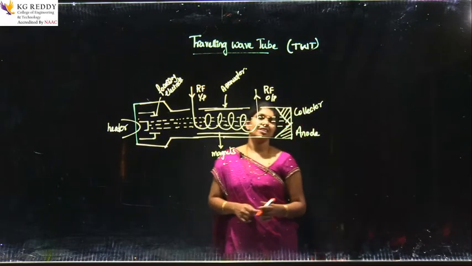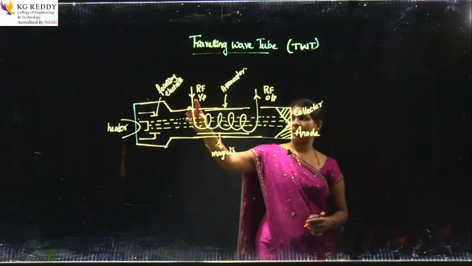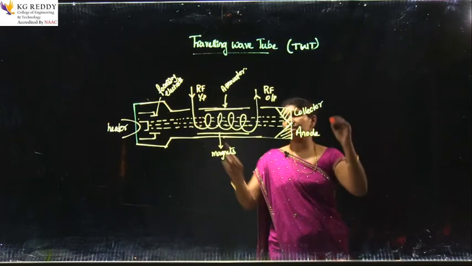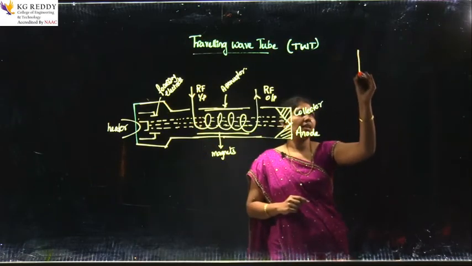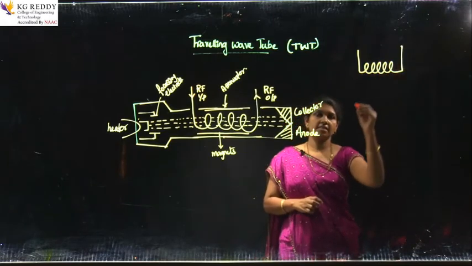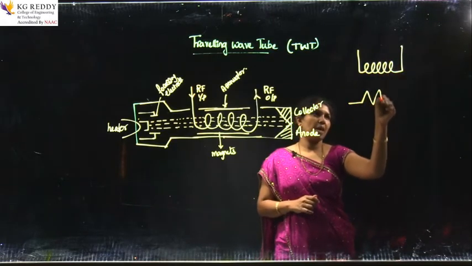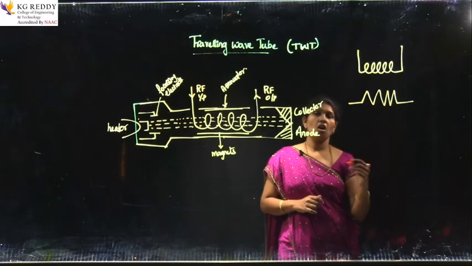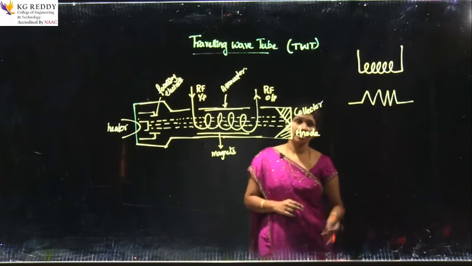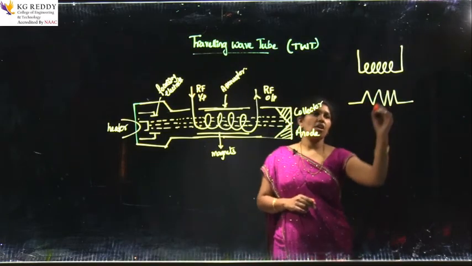Now the principle is explained here. The RF signal is made to slow down because of the slow wave structure. The slow wave structure can be like this. It is called a helix, or we can use a back line, or we can use a corrugated line or single side corrugated line. So these all